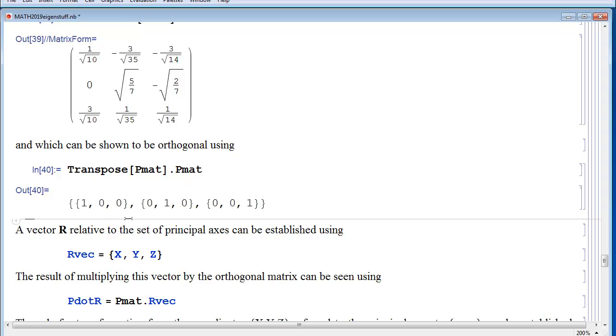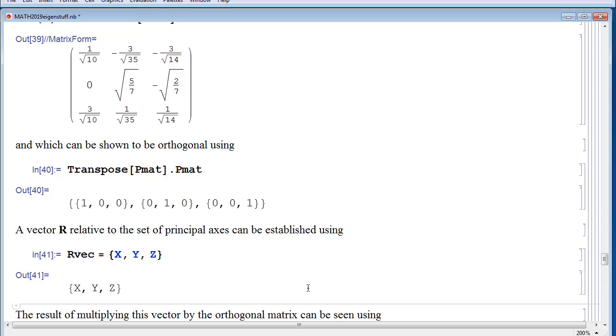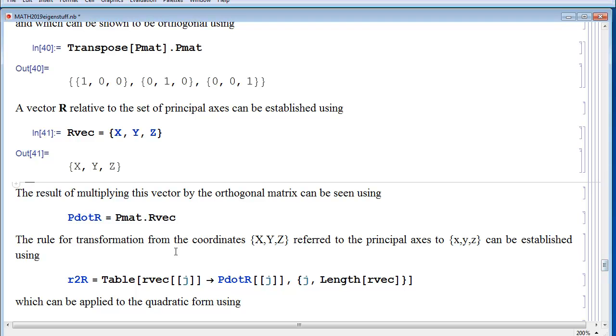And the result is the unit matrix, you can see here. So we define a vector capital R relative to the principal axes, and whose components are that. And then we take the product of the matrix P with this vector,